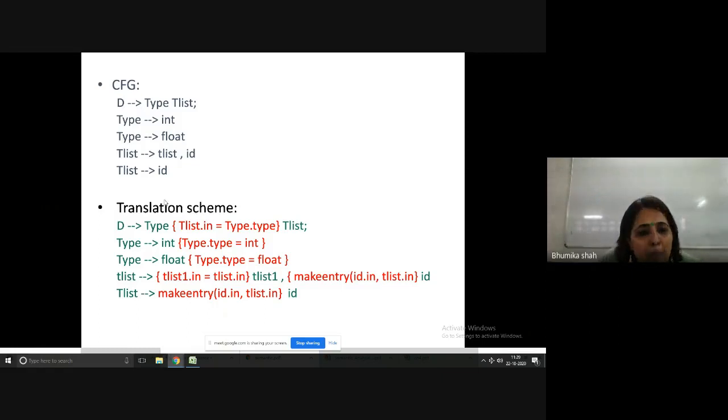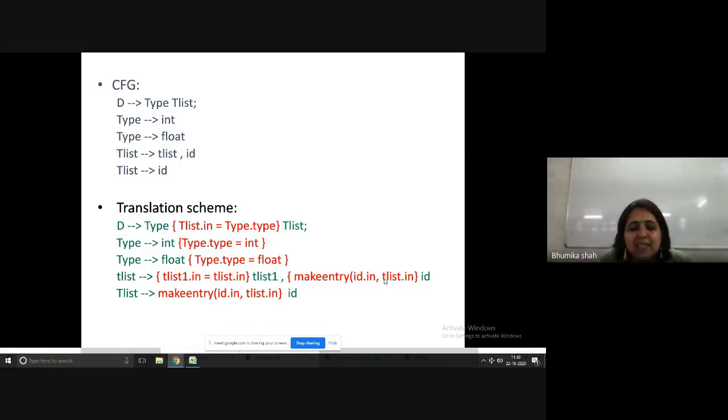Now, comma. We have written the original rule as it is. Whatever you can read in green is the original rule. Whatever you can see in red is the semantic action which has been embedded inside the original rule. So comma, and then ID. But again, does ID have a synthesized attribute or an inherited attribute? ID is getting its value from where? Either from a sibling or the parent node. So again, it is inherited. So the semantic rule is written first: make an entry of ID in the symbol table, getting the value from T-list, either from the parent or T-list1.